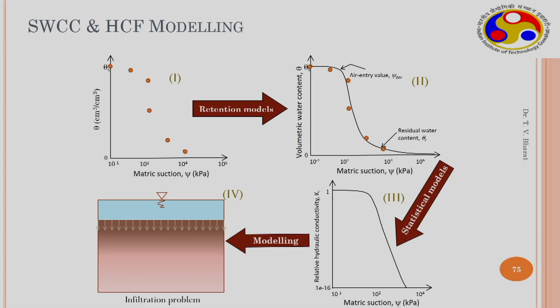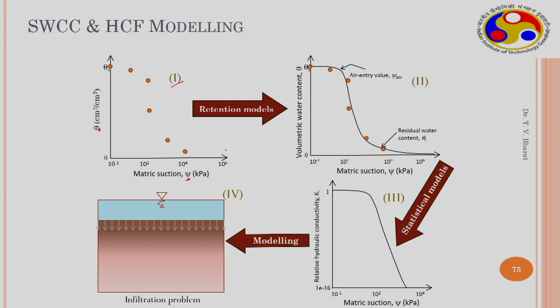or from the field, and either by measuring the hydraulic conductivity function data as well or by prediction from the SWCC model. So, this whole process is done in this particular manner. In the first stage, we obtain the soil water retention data, which is a relationship between volumetric water content versus matric suction. Often we may not get this data directly because we may need to use different suction controlling or suction measurement techniques in the laboratory for the estimation of theta versus psi over a whole range of suctions.